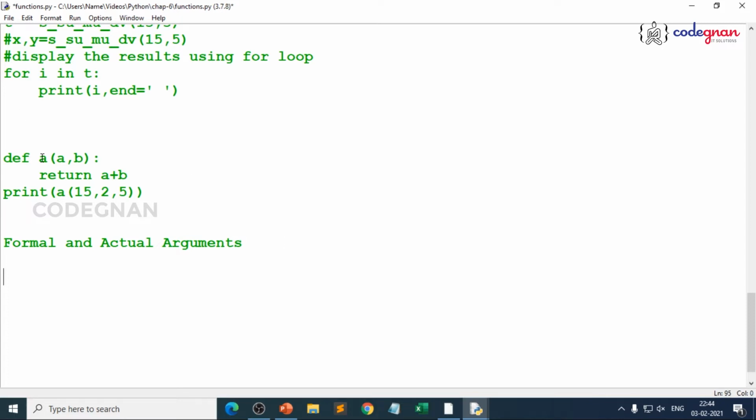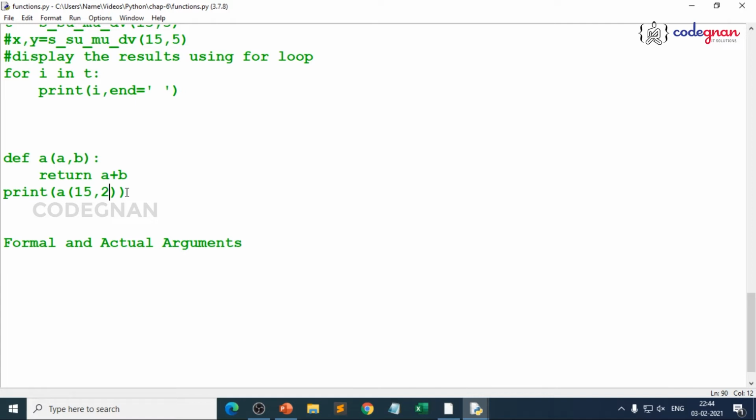Something like here a comma b is called formal arguments, and 15 comma 2 are called actual arguments. So basically when we call the function, we should pass some data to it and we pass some values into the function.